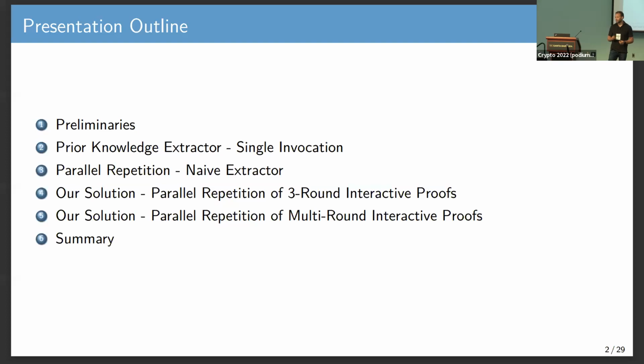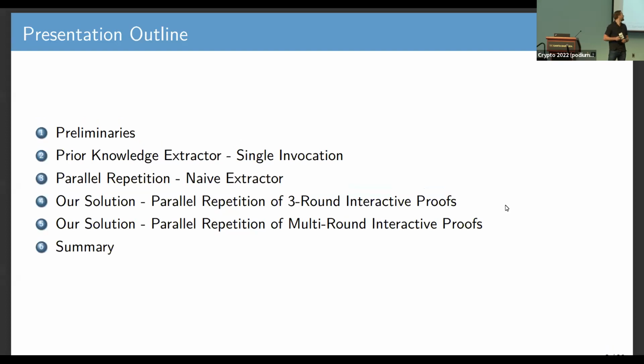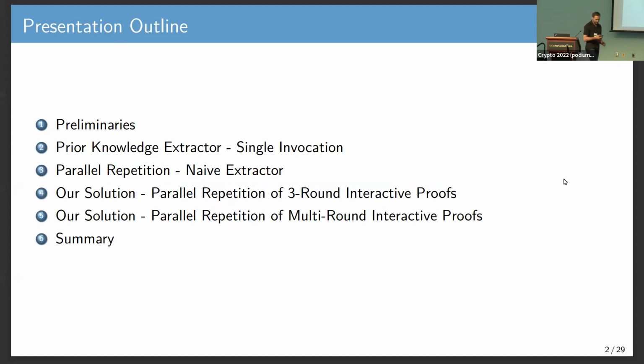Knowledge extractor for 3-round interactive proofs. Let me just quickly get this out of the way. So this is nothing new, no parallel repetition, also no multi-rounds in there, but it's going to be the basis